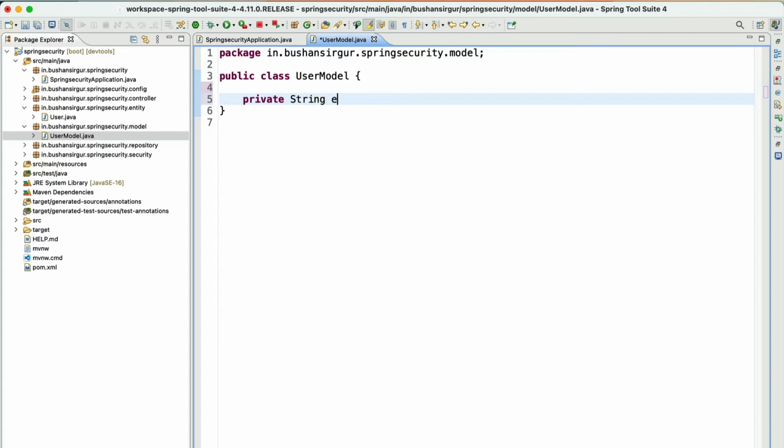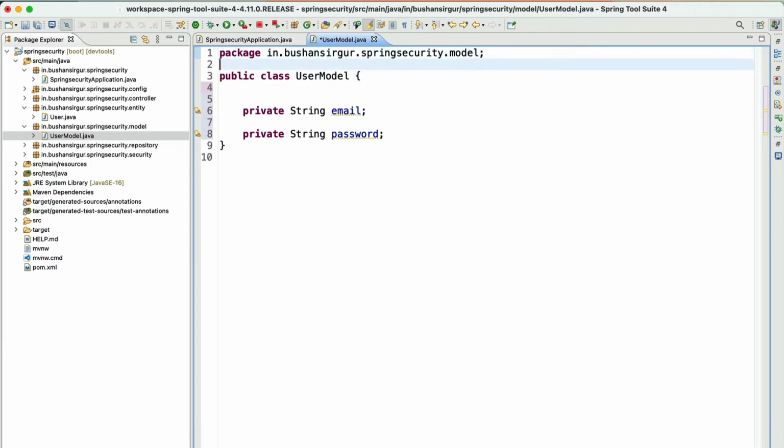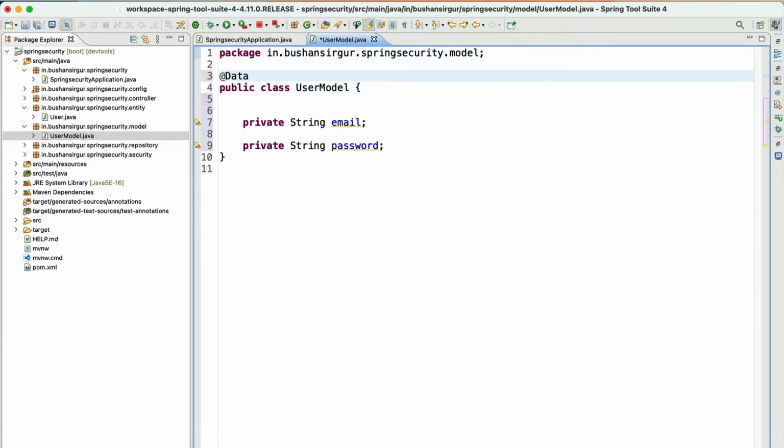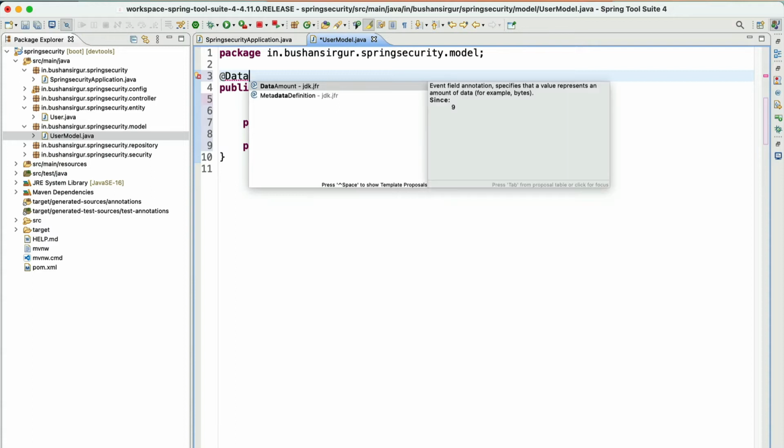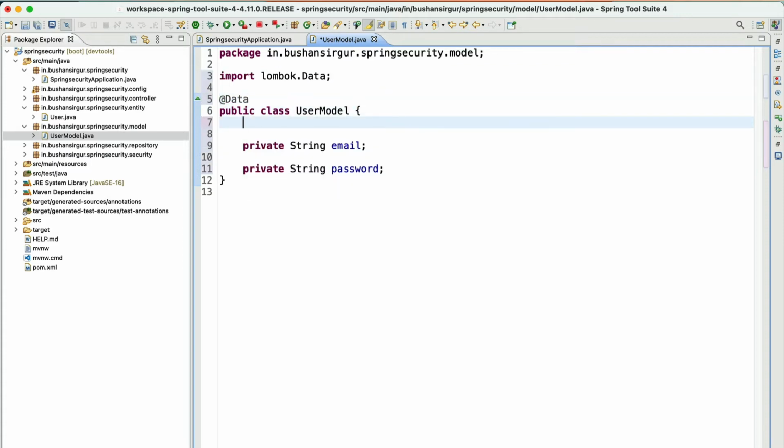Private String email, private String password. We will add the Lombok annotation, which is Data. Let's save the file.